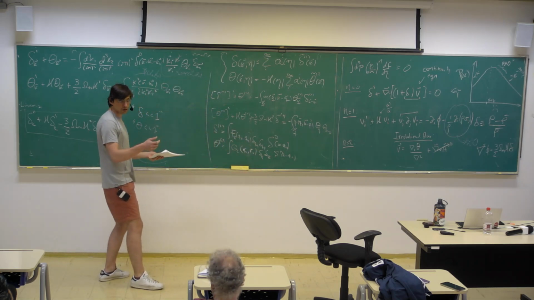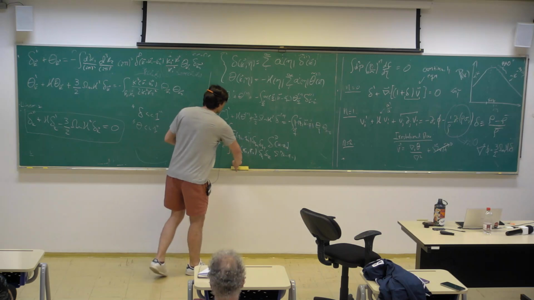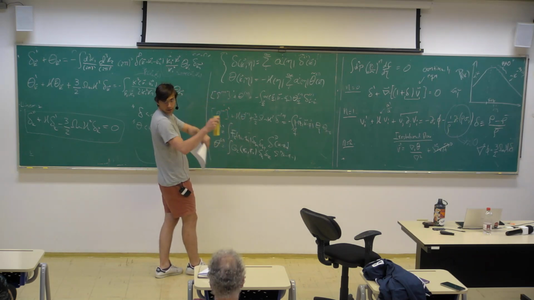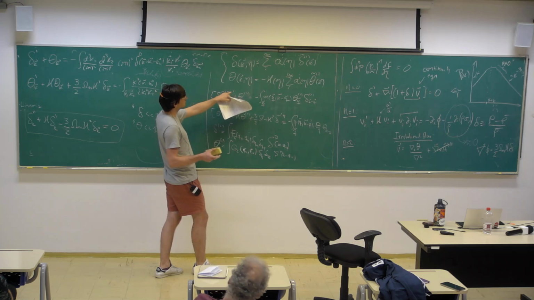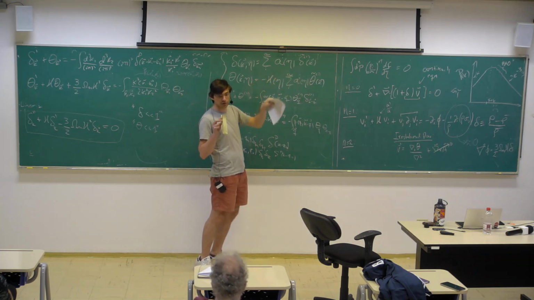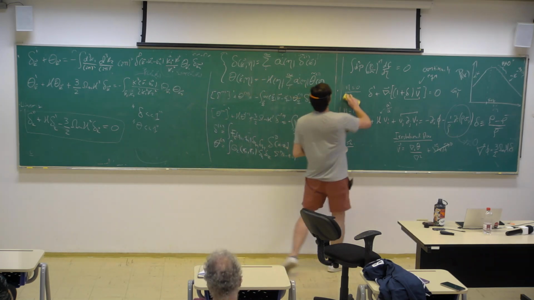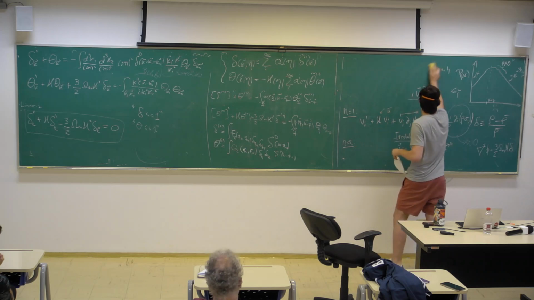If you do a lot of algebra, and you can look at the notes, you basically take these and plug this into here. You have to be careful about the time dependence because this is an eta derivative, and A depends on eta, so there are some subtleties. But if you do all of that math,